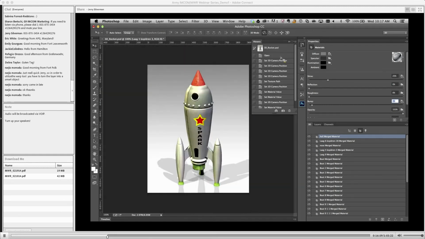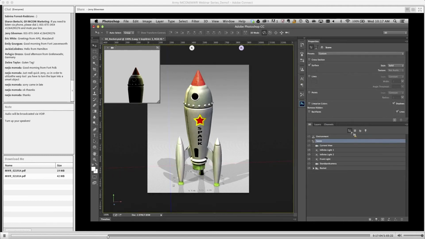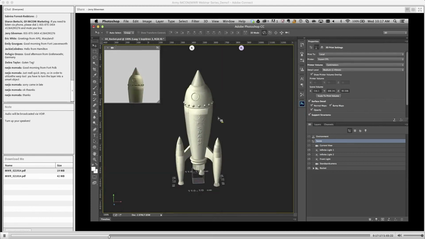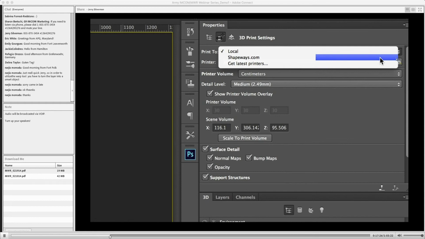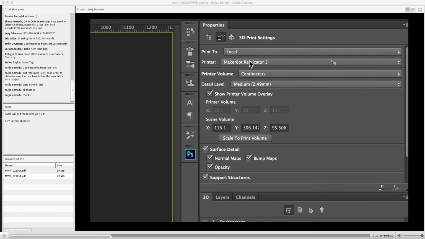So I'm going to go back and revert to the very beginning, because one of the things that we've added in CC with all of the visualization capabilities and texturing and lighting capabilities is this little widget right up here, which is 3D print settings. So if I wanted to take this object and put it out either to shapeways.com, which is a 3D printing service that you can get out on the internet, or if I had a local 3D printer like the MakerBot Replicator or the Z-Corp Full Color or any of these other ones, I could print directly to these particular printers,